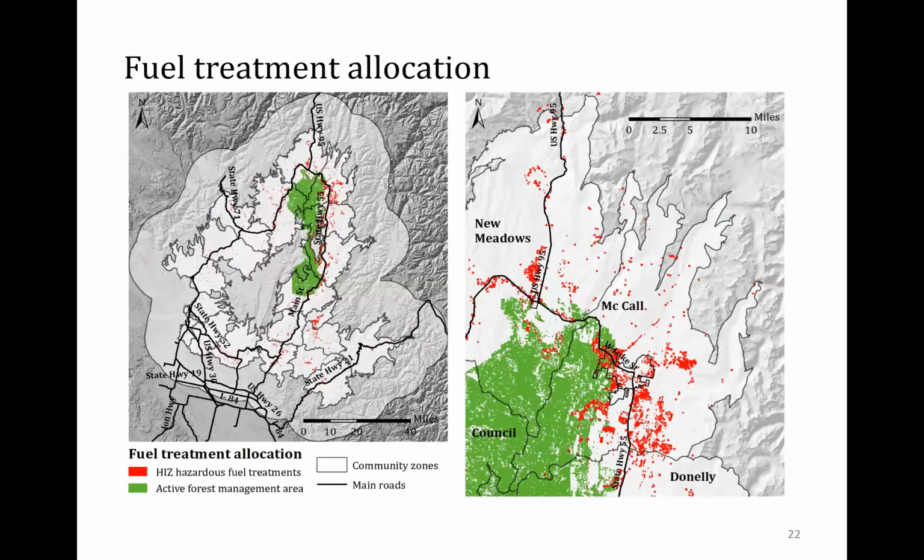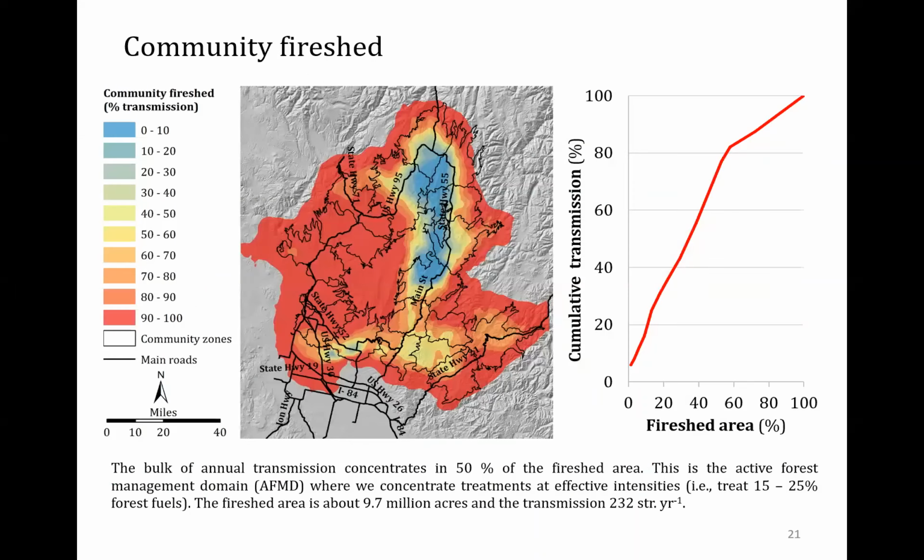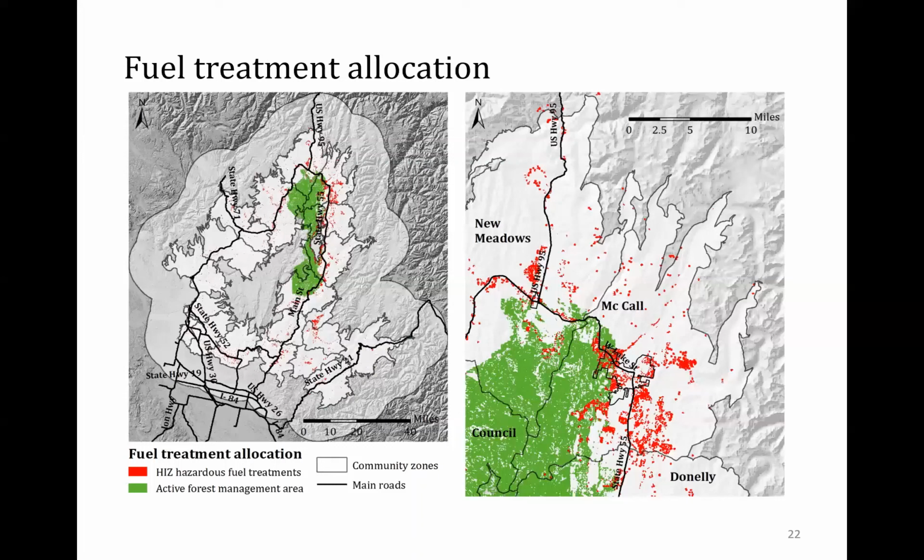And this is the result. So we use these metrics to prioritize the treatments. We obtained the treatment mosaic from the LTD, from the 4Cs or the previous LTD. And this is the result, where we have a very strong cluster for the treatments that reduce transmission. This is in red. And then we have some home ignition zone areas where we are treating to reduce the hazard